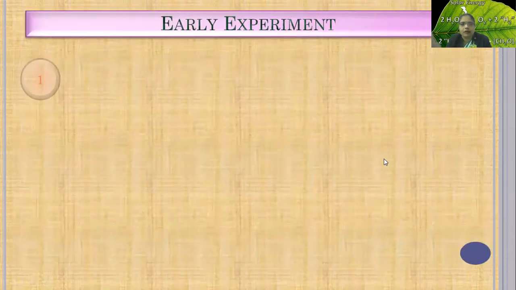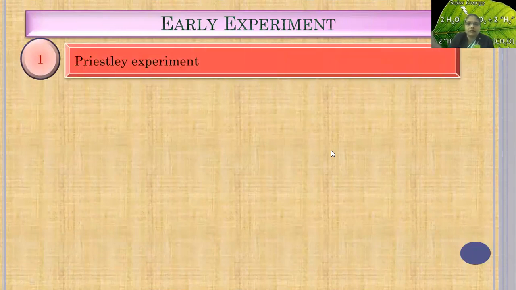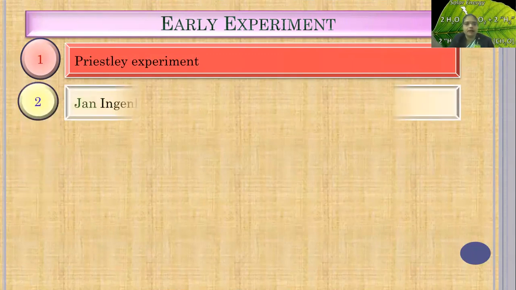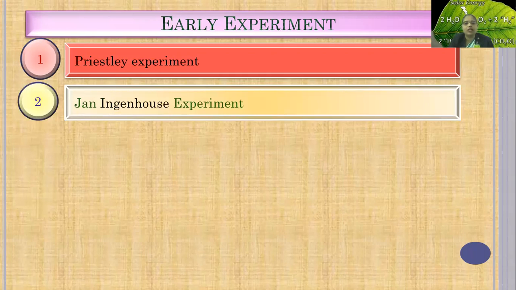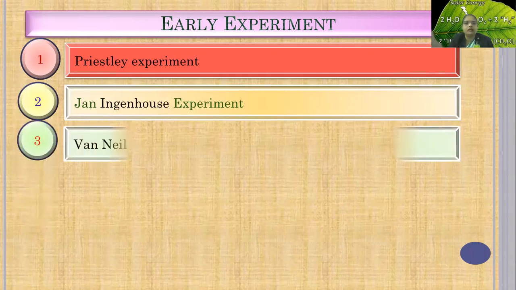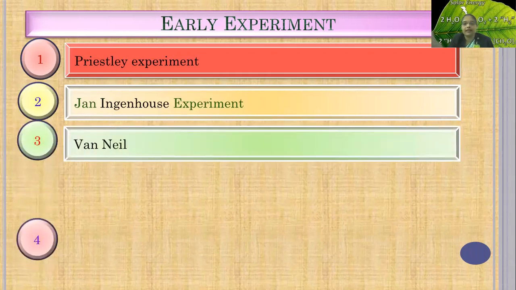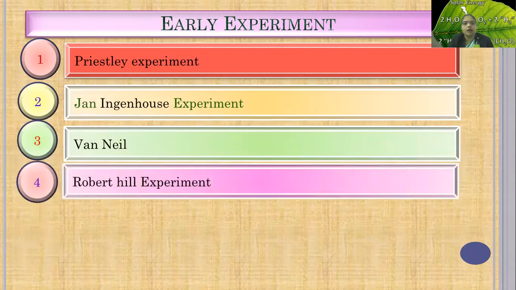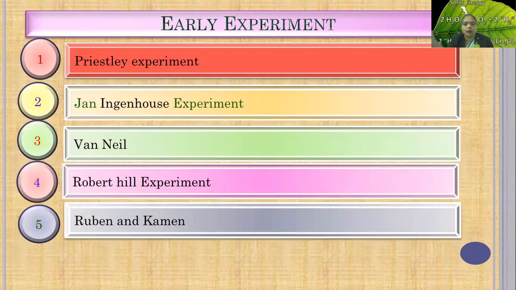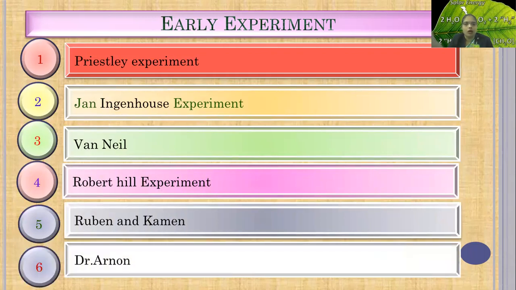Then, early experiments on photosynthesis. The first scientist's experiment is Priestley's experiment. Second is Jan Ingenhousz. Third is the scientist Van Niel. Then the Robert Hill experiment. Then fifth is Ruben and Kamen. And last is Dr. Arnold. So all these scientists,